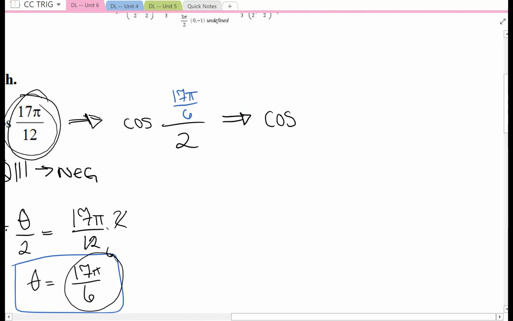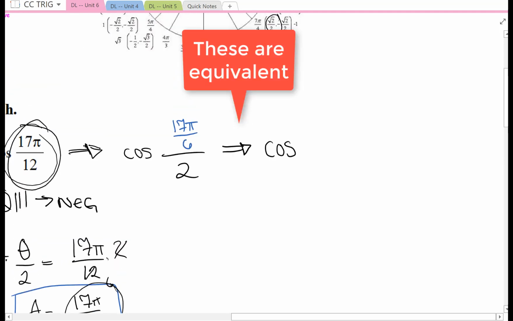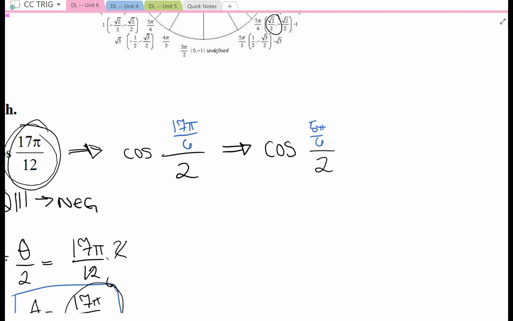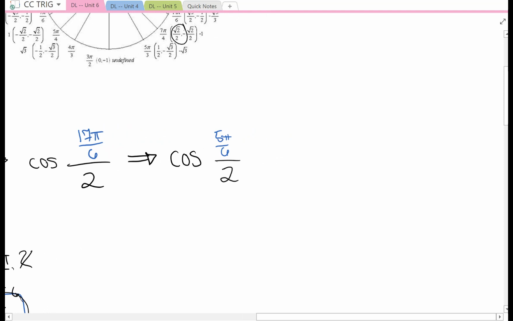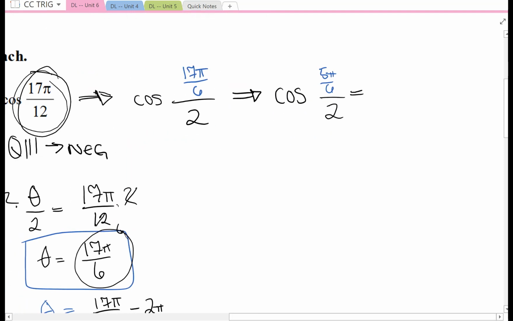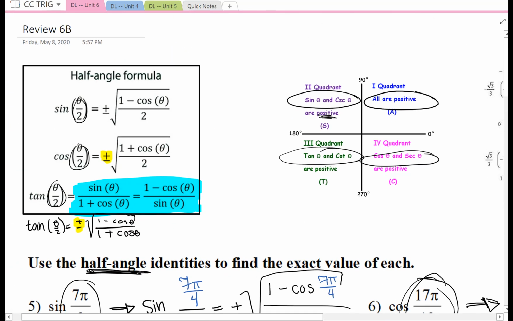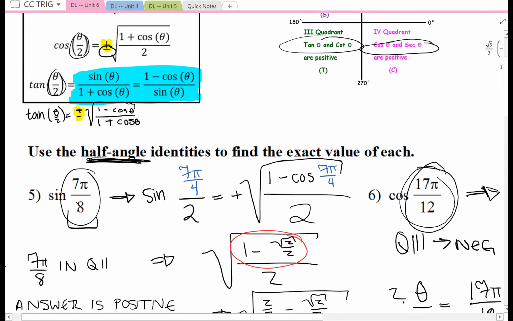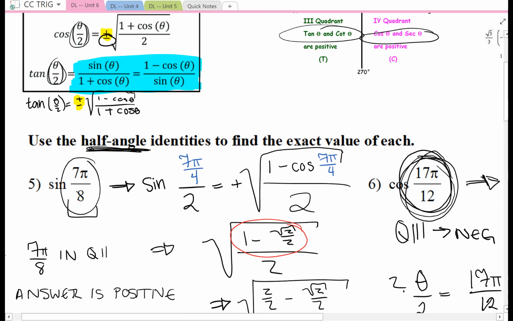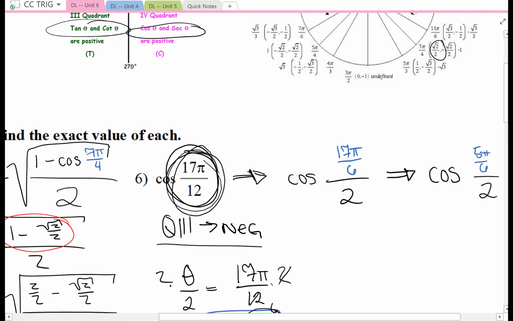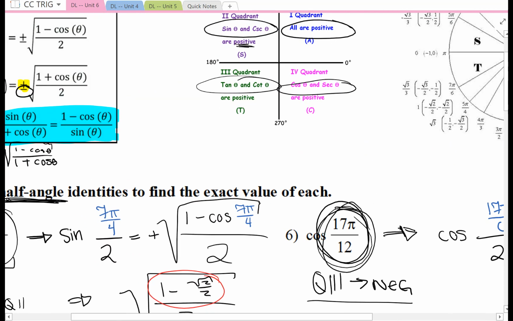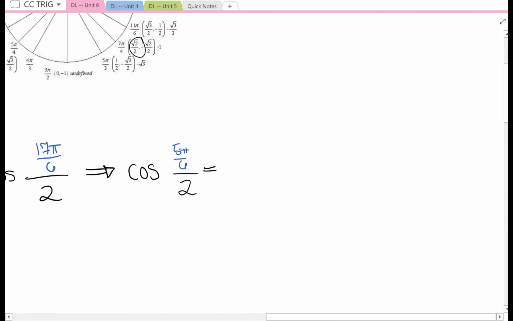So I will write this now as 5 pi over 6 over 2. This will give me the same exact value as if I plugged in 17 pi over 6 over 2. But 5 pi over 6 is easier. So now I plug it into the formula. I know that I need to use the negative version of this formula because my original angle that they gave me was in quadrant 3 and cosine is negative there. So I'll go ahead and write negative 1 plus cosine theta